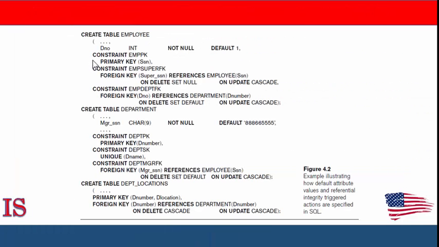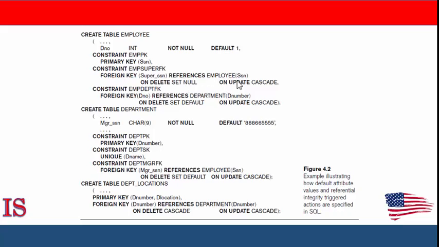Take a look at this one. Creating table EMPLOYEE, and they're defining a foreign key constraint. This one they're giving a name, CONSTRAINT EMPSUPERFK. And here's the statement, FOREIGN KEY open parenthesis SUPER_SSN, which is the social security number of the supervisor, REFERENCES the EMPLOYEE table, and it continues, ON DELETE SET NULL,